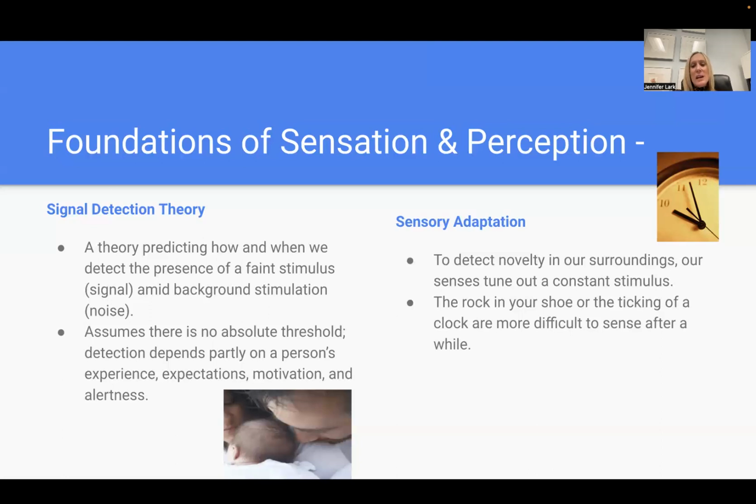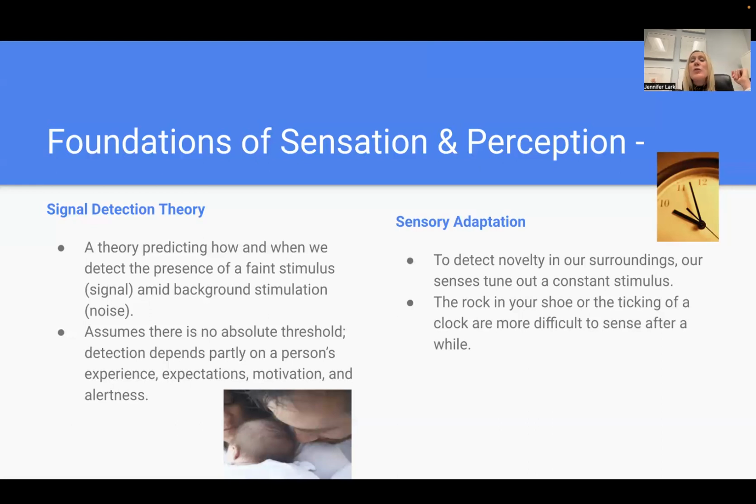So maybe you've had the experience of getting a rock in your shoe. And at first, you notice the rock so intensely. Let's say it's a tiny little rock, but you don't have time to clean out your shoe at that particular moment. So you just keep moving about your day. Eventually, your brain is going to stop telling you to pay attention to that rock. It's like, whatever, it's been there for a while. I'm going to focus on new things.